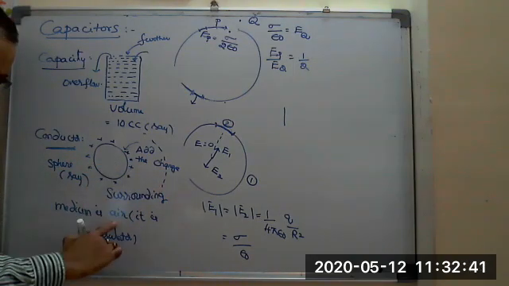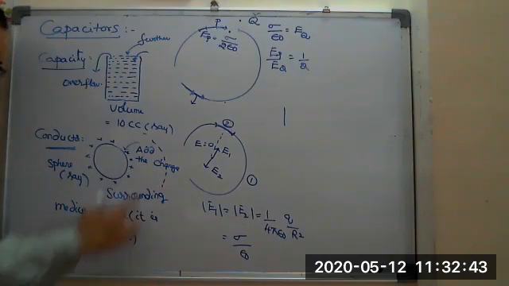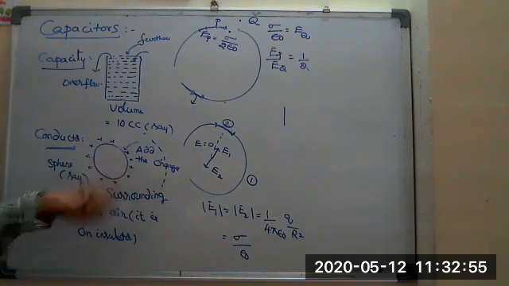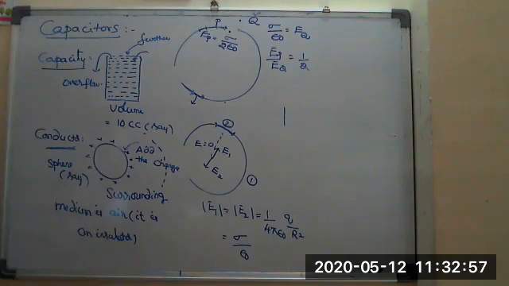Why? Because it is air, an insulator. The property of an insulator is that it is not interested to take the charge, not interested to supply the charge. So the problem that arises is